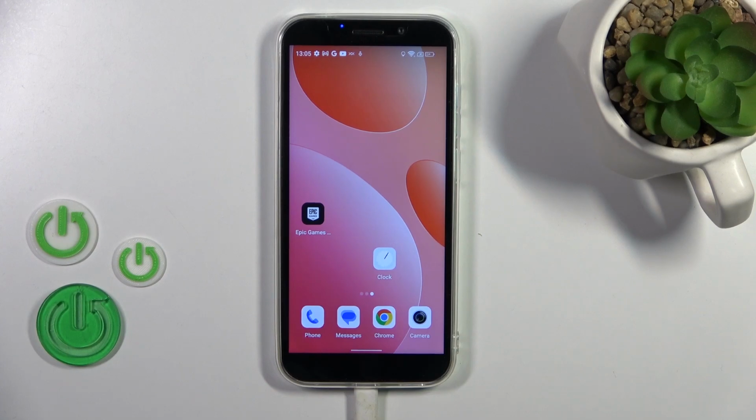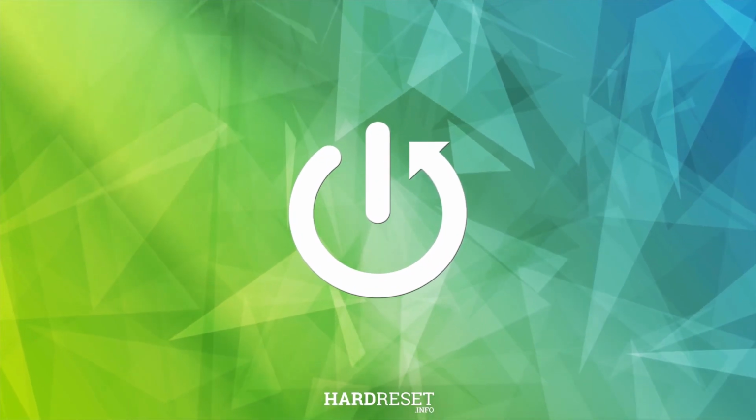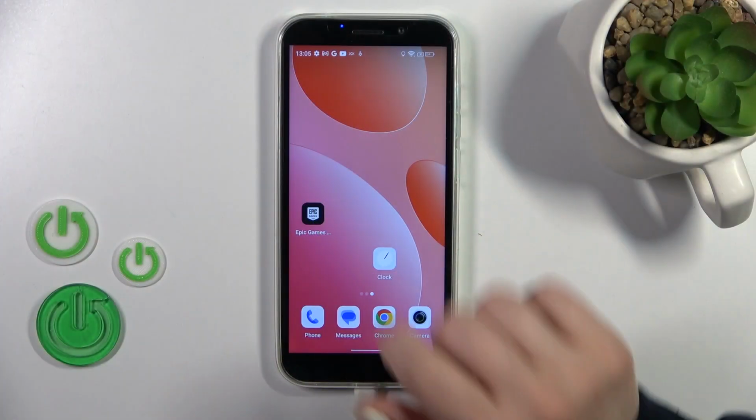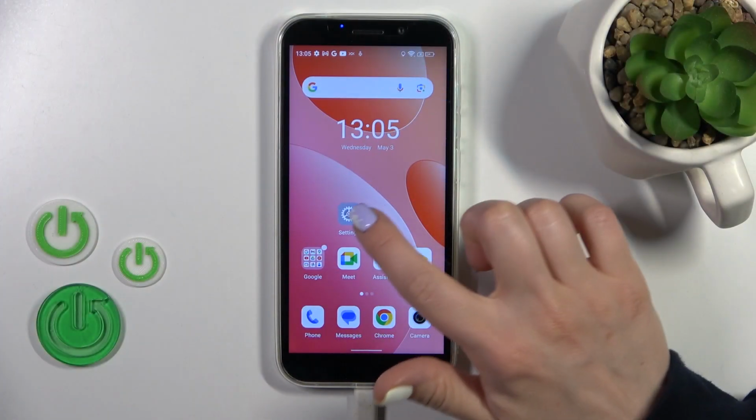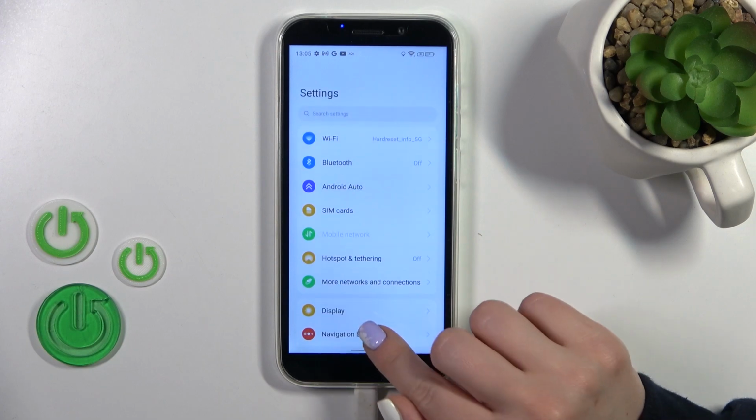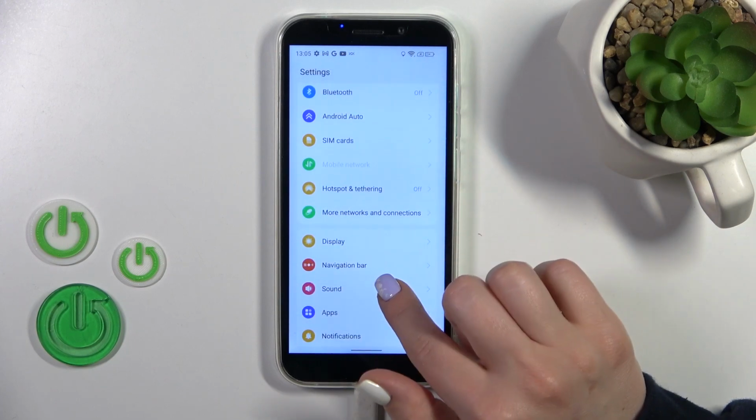Hi, today in front of me is the DooGee X97 Pro and I'll show you how to change the lock screen wallpaper on this device. So just to change the lock screen wallpaper, we should first open the settings and then scroll down to the